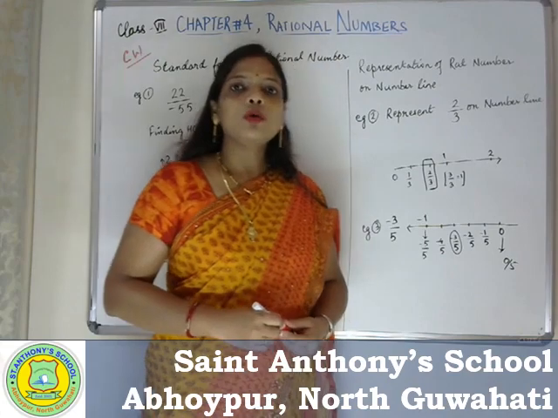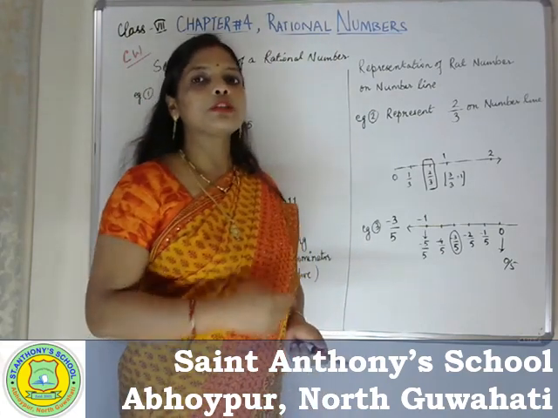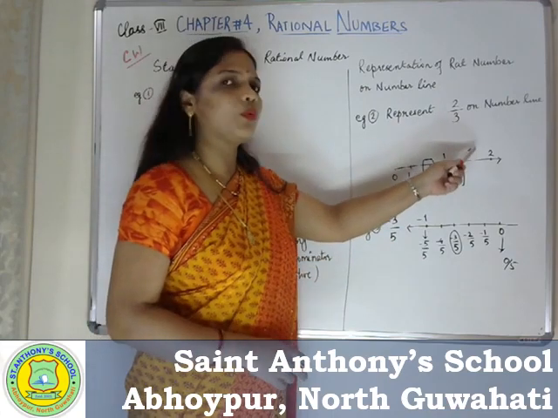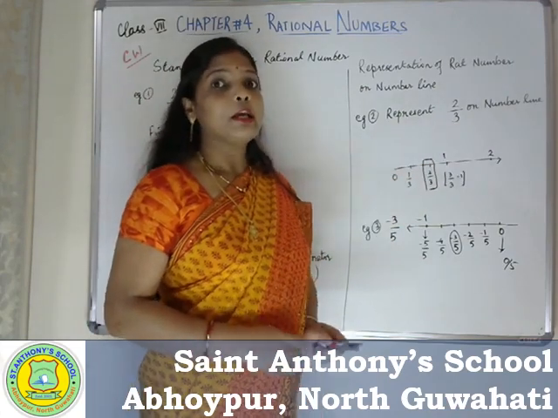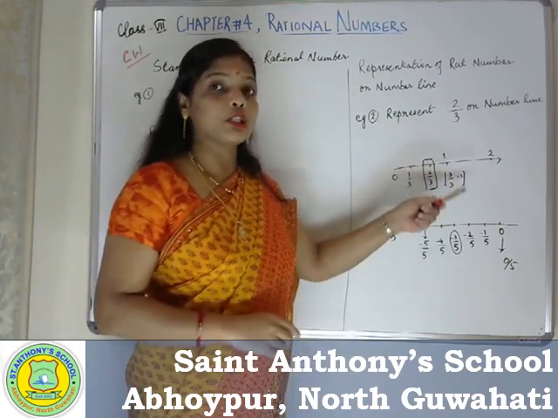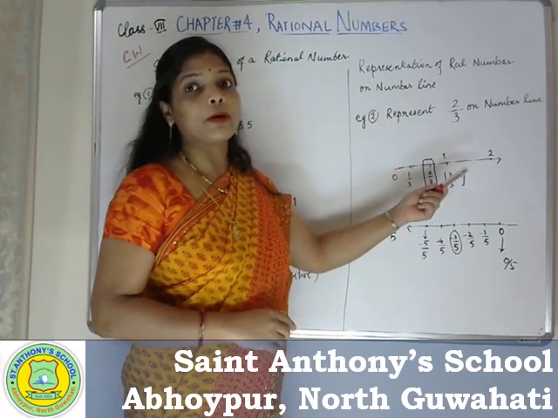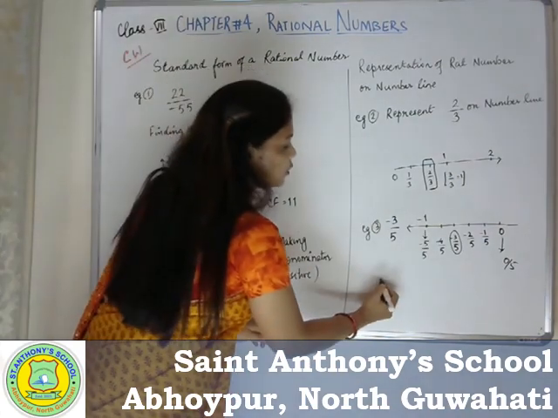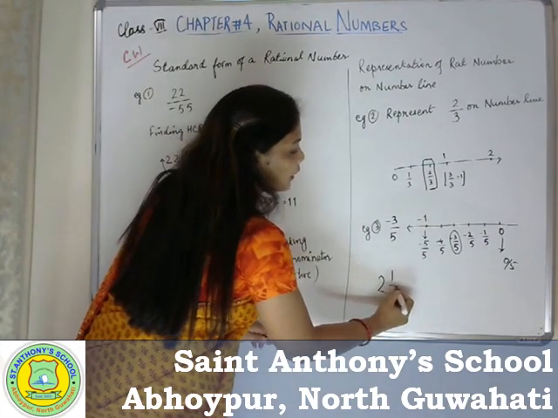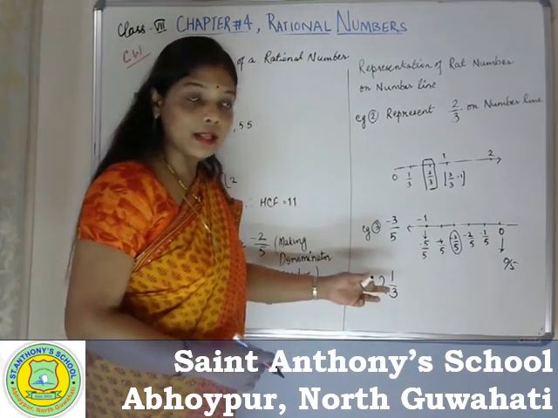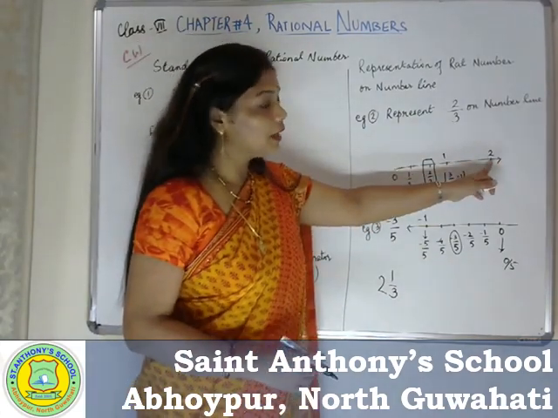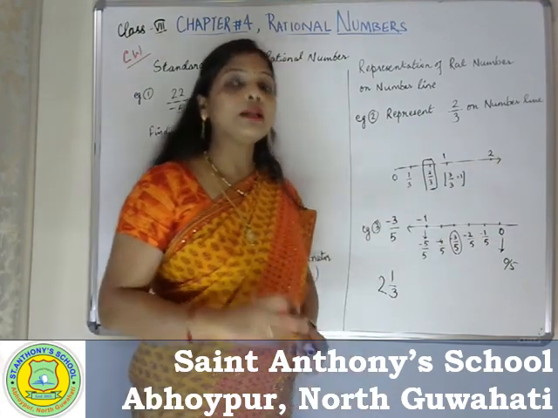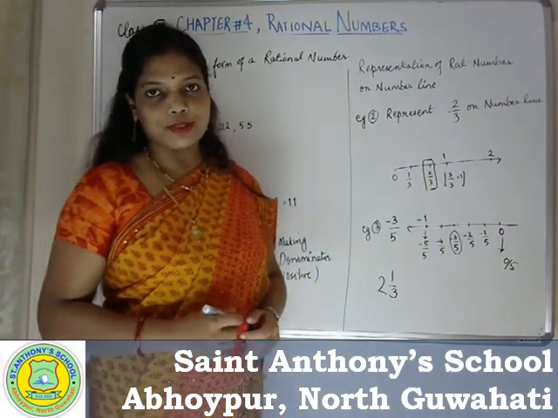Okay. Now we will see same kind of questions from your exercise and some more concept where you will understand how to use a 2 or a 3. If the fractions or the rational numbers will be improper rational numbers, then we can get a term as, suppose, 2 whole 1 by 3 is what I am getting. Now there what you will do? There you will take a 2 whole and 1 by 3 from the next line. Let us see some questions of your exercise.